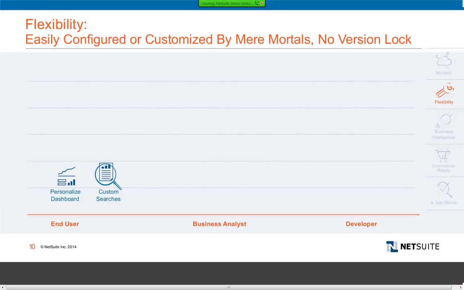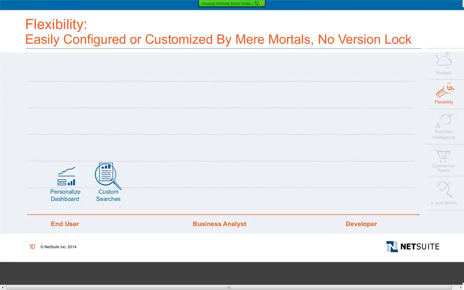I can't tell you how many customers I talked to who switched off of other systems where they customized it, and they felt like they couldn't customize again because they got stuck on it. But then I talked to customers who have been on NetSuite, for example, for 10 years, gone through 22 upgrade cycles, customized the product, and never skipped a beat.